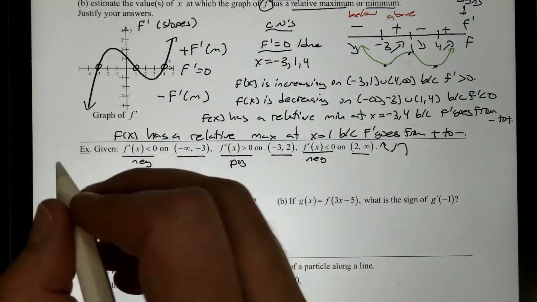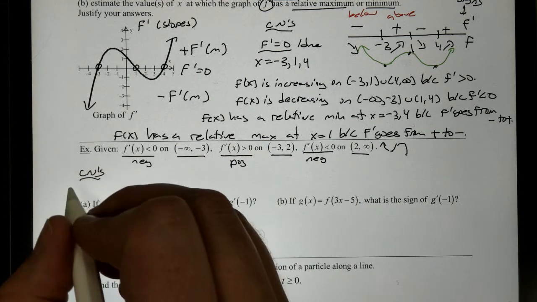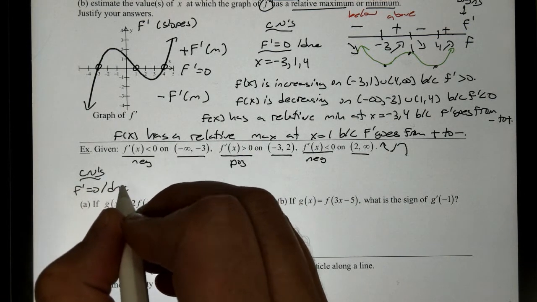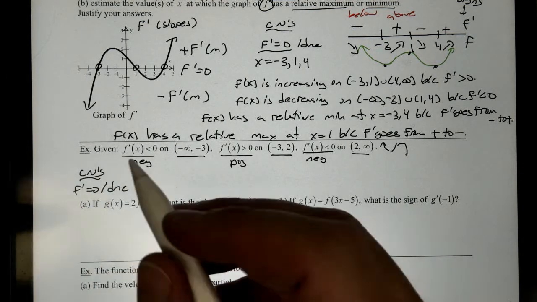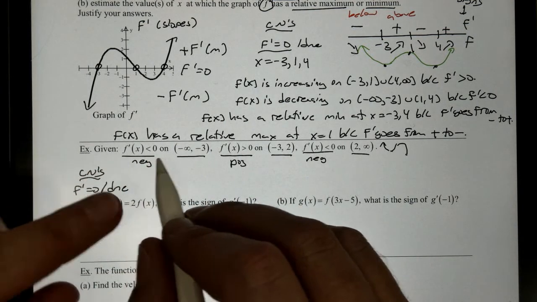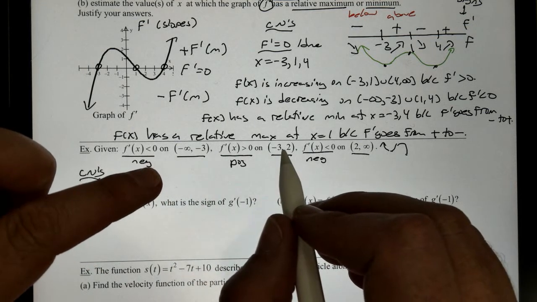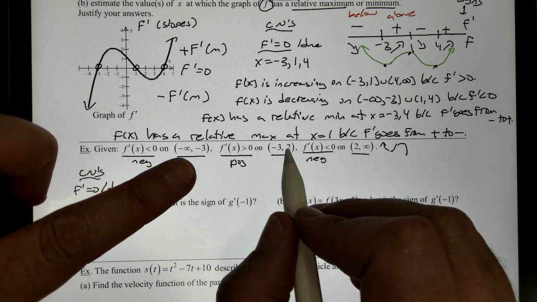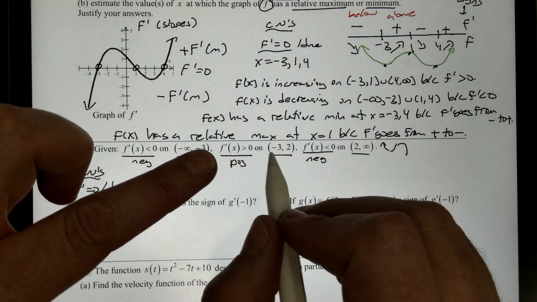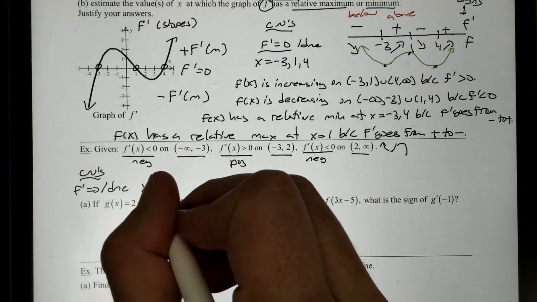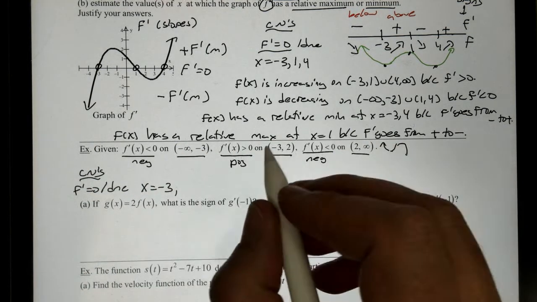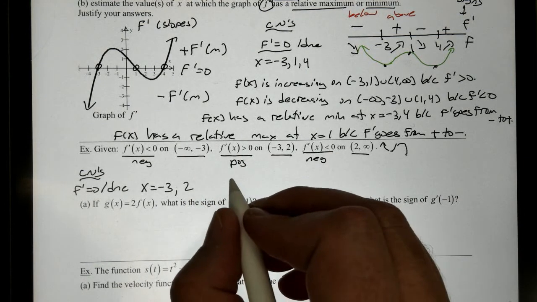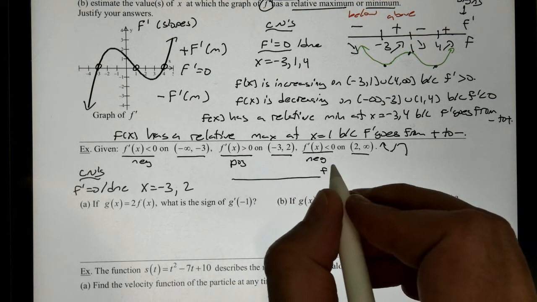So the first thing we're going to do is find our critical numbers. Well, the critical numbers are where the derivative is equal to 0 or DNE. Where is it changing? Where would the slope be 0? Well, I'm going from a negative to a positive, so the slope has to go from a negative to a positive somewhere between negative infinity and 2. Well, the critical number there occurs at negative 3. It's what they both have in common. So my first critical number is negative 3. My next critical number then, of course, would just be 2, where we go from positive to negative at x equals 2. Write your sign chart, f prime and f,